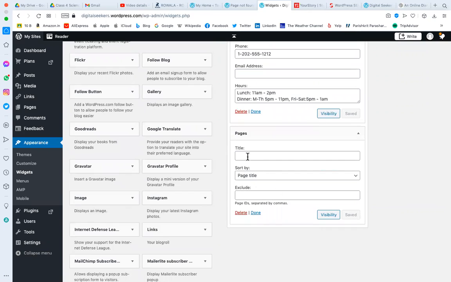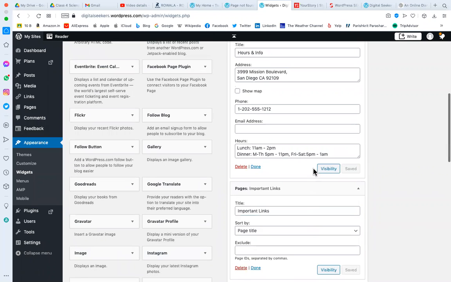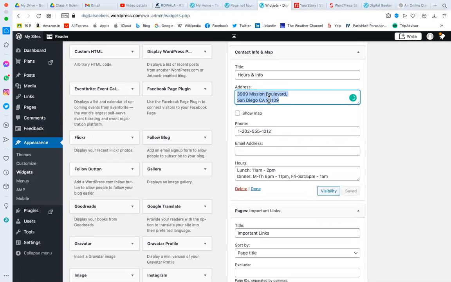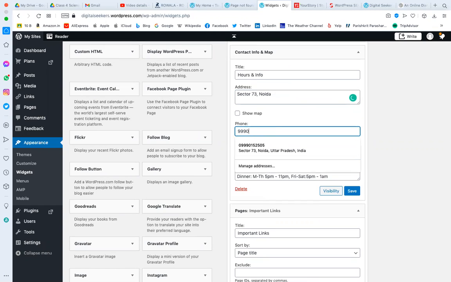In that widget you can just write the title, important pages, important links. If you want to include some page, you can include that. If you want to add an address, for example sector 73, Noida, right?